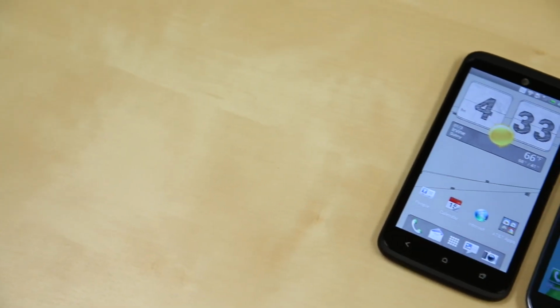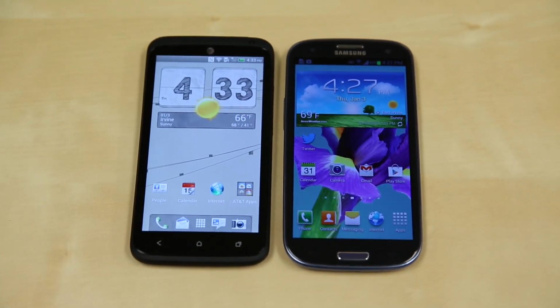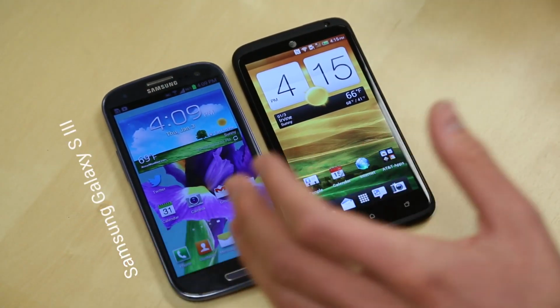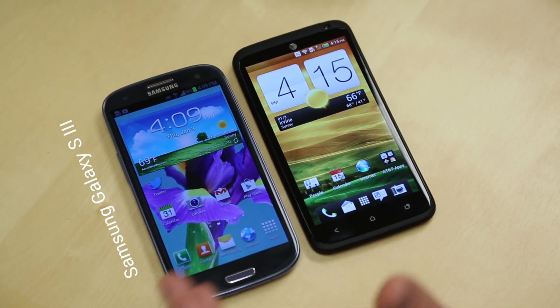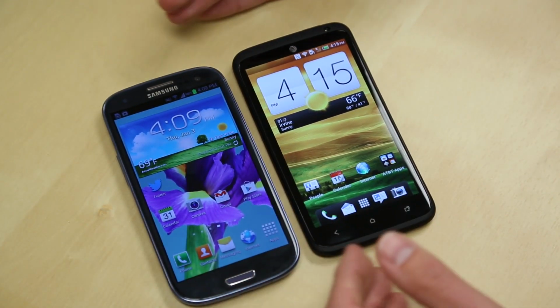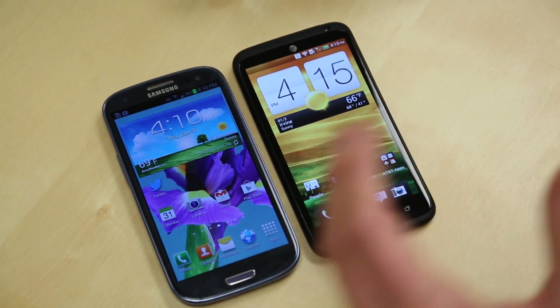Two of the hottest Android devices here in the office right now that are available on US carriers. One is the Samsung Galaxy S3. This is available on Verizon, AT&T, Sprint, T-Mobile, US Cellular for $199. But what's really great about this device is you can find it cheaper in a lot of different places. Amazon, Wirefly, all those different third-party retailers, Best Buy Mobile and more, are often selling this device for less than the $199 price, which it debuted at, at least for the 16 gigabyte version, in their respective either online stores or